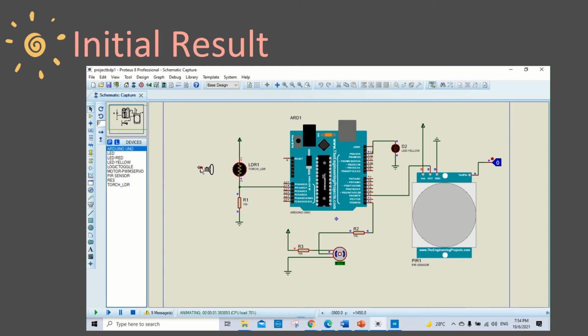We can see that when the light is closed with the LDR sensor, the LED will be on.